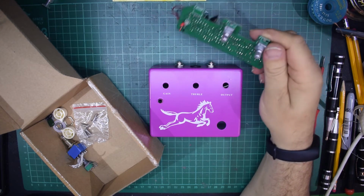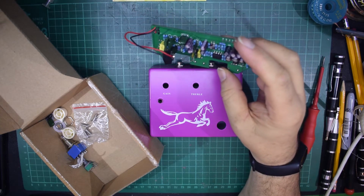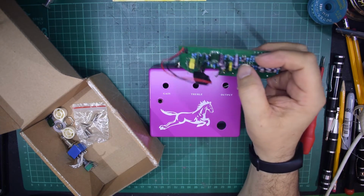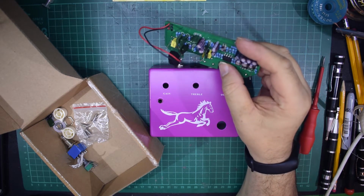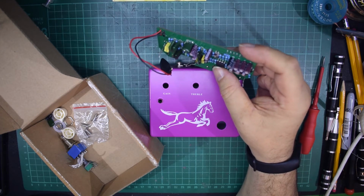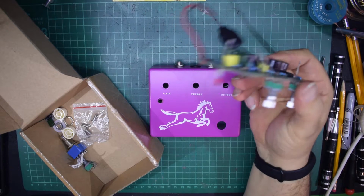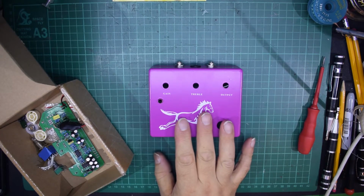But to be quite honest, because of the quality of the board and the component quality, it just didn't do what it should do. And I've traced it down to at least one of these ICs, and the diodes are a little bit too fragile. The Chinese-made ones aren't anywhere near as good as some of the older diodes. So what I'm going to do is I'm basically junking this board, and I'm just going to use the box